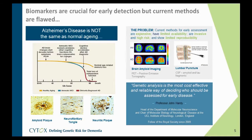So on the right-hand side of this slide, on slide 5, we've illustrated a couple of the techniques that are used today in the form of amyloid positron emission tomography imaging, which is effective at picking up amyloid in brains of subjects, even pre-symptomatic subjects, but is very expensive, at sort of $5,000 plus per scan. And of course, the earlier you go in the disease process, the less likely you are to find someone with amyloid. And so typically in clinical trial recruitment, you may have to carry out 10 scans to find one positive